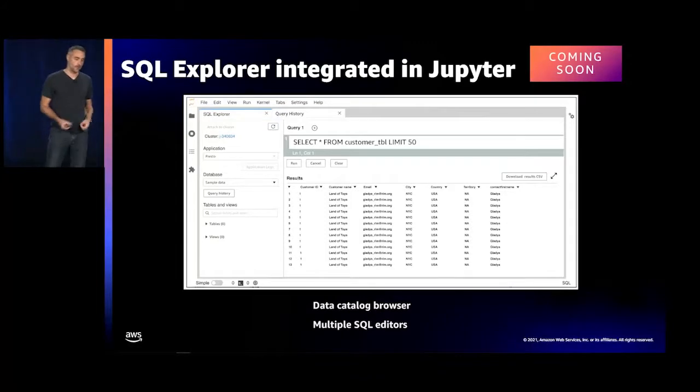And we are also adding a new feature very soon. Directly in the notebook, you will be able to use the SQL Explorer to run custom SQL queries on top of your data sets. You can see on the left side that you have access to your data catalog. You can browse your database, tables. And on the right side, you can create one or more tabs to just run some queries. The queries will be executed on EMR clusters. We currently support PrestoDB engine with Spark SQL coming soon.